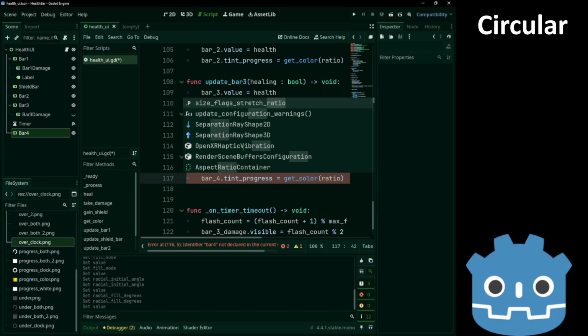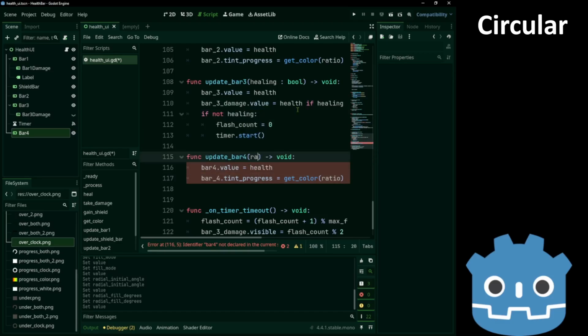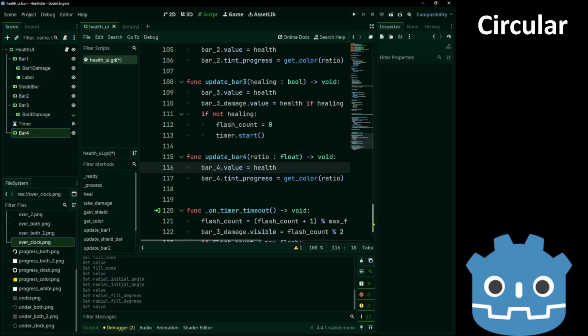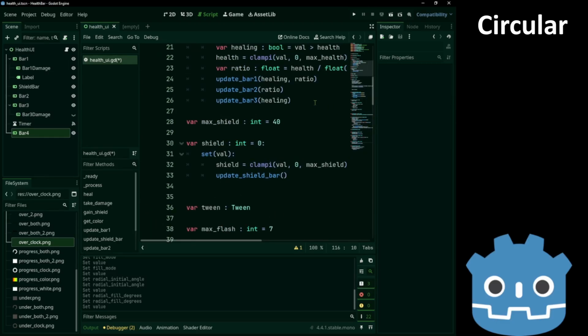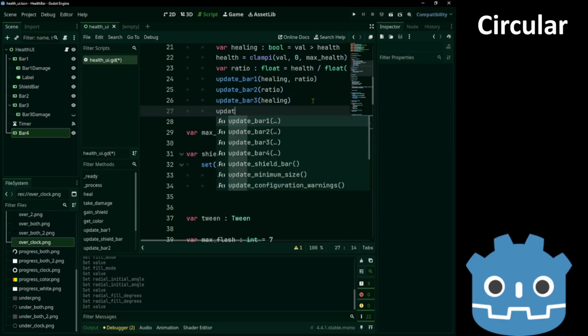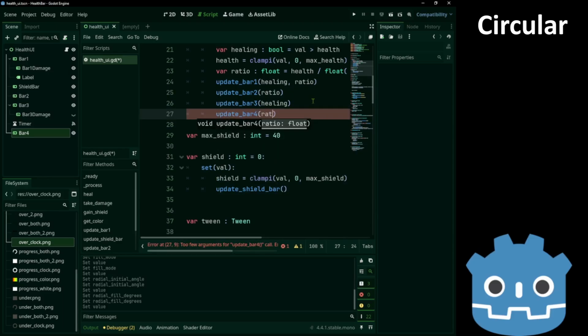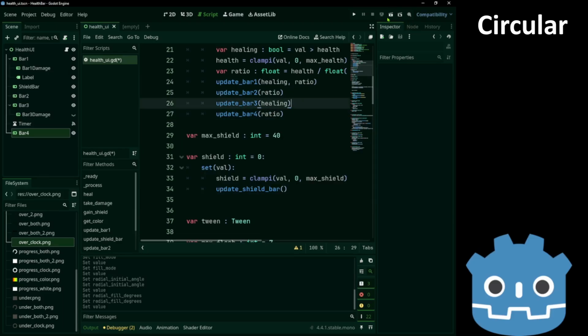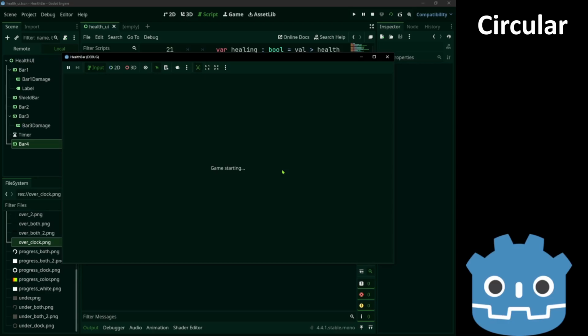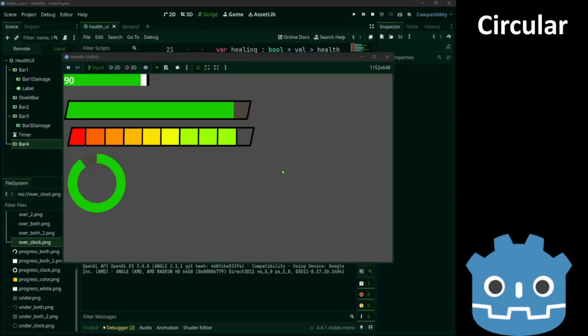We're gonna need the ratio. There it is. And update bar 4 ratio. Okay.